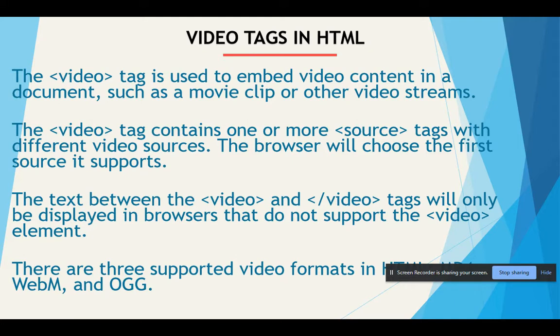So here the video tag, this is available in HTML, because HTML was first developed in 1991. After that, you can see that releases are available every 3 to 5 years. And today we use the HTML5 version. In the HTML5 version, the video tag is also used. The HTML video tag is used for streaming video files such as movie clips, etc. Okay. So the video tag is used to embed video content in a document such as a movie clip or other document.